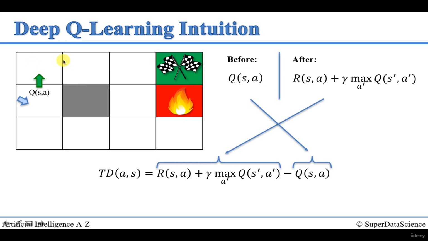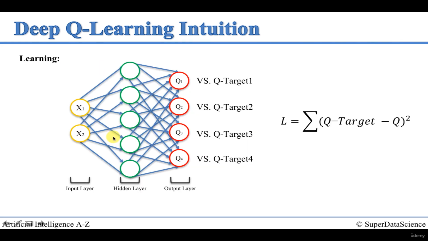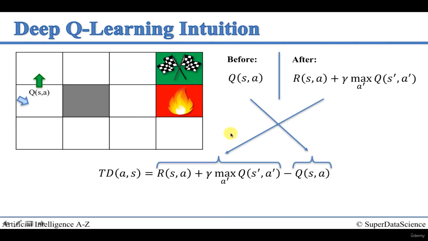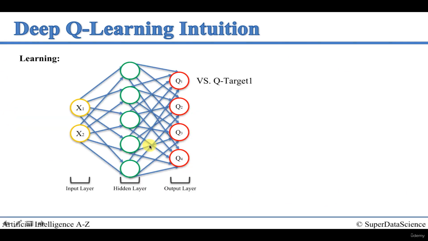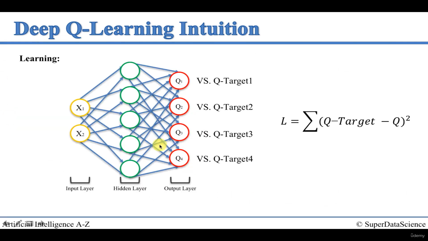And then what's the value of this state? Same thing as we saw previously in Q-learning, in the simple Q-learning intuition. So he learns this through trial and error, and then he constructs his network or updates the weights of his network in such a way that the predicted Q values are closer and closer approximating the target Q values. Very similar to the concept we discussed here in the simple temporal difference learning of the simple Q-learning algorithm. So there we go. That's how the agent learns. So we're up to here.